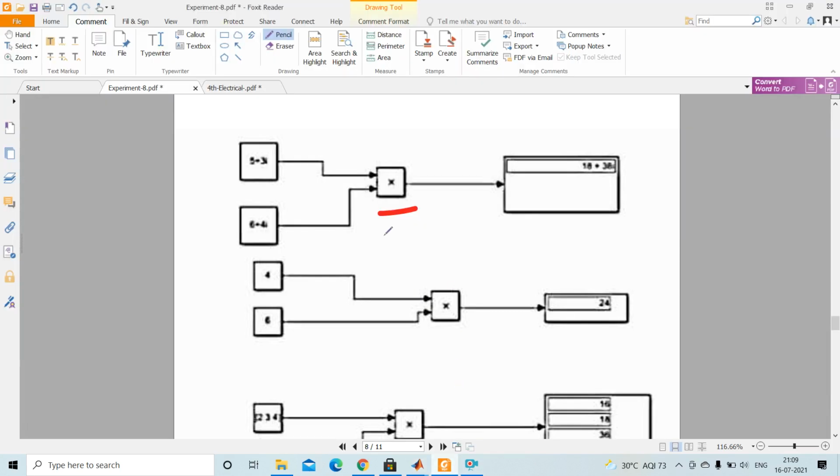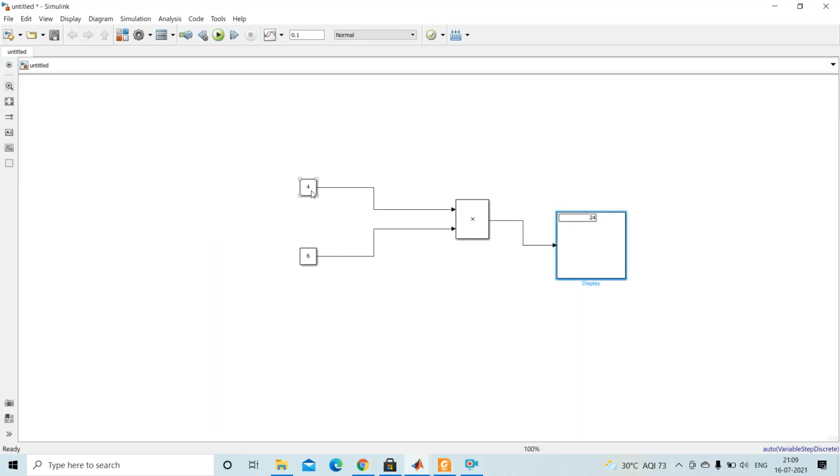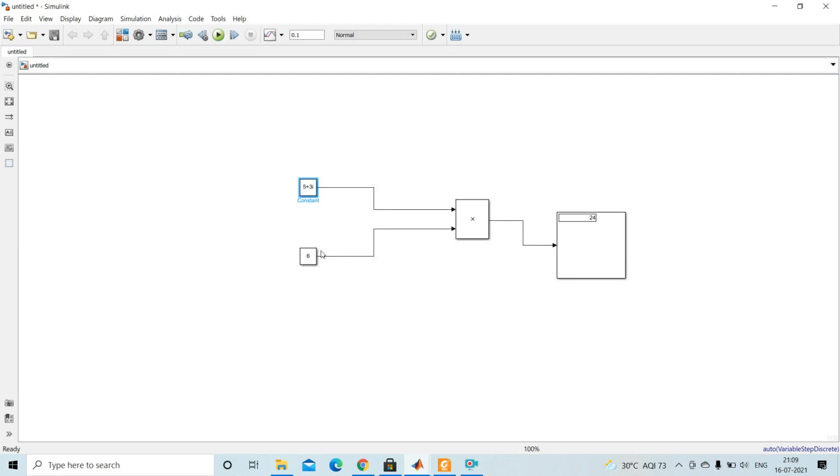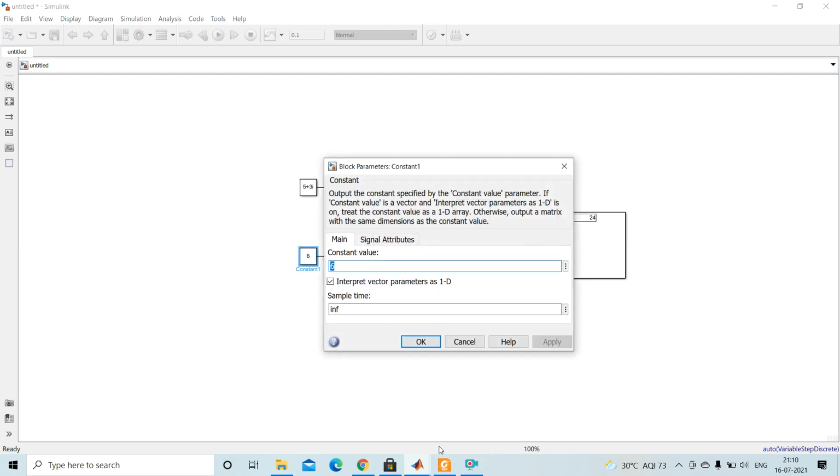Like this you can do complex products. So let's take 5 plus 3i and 6 plus 4i. You can write here, this is 6 plus 4i.